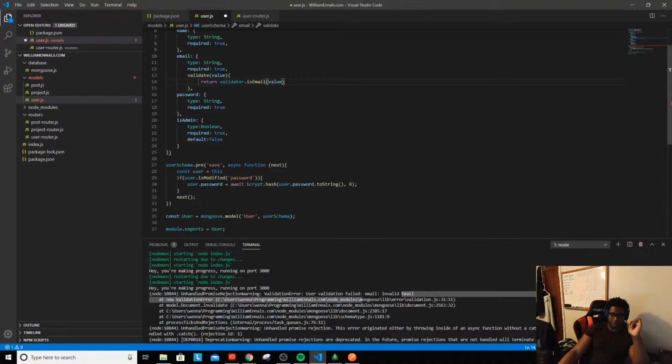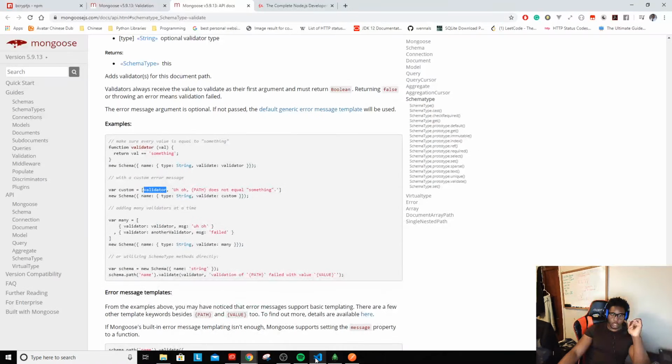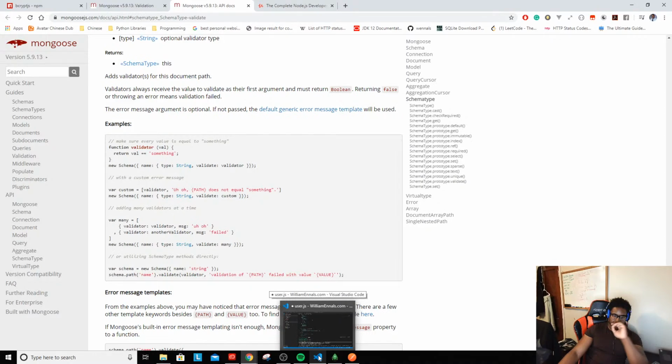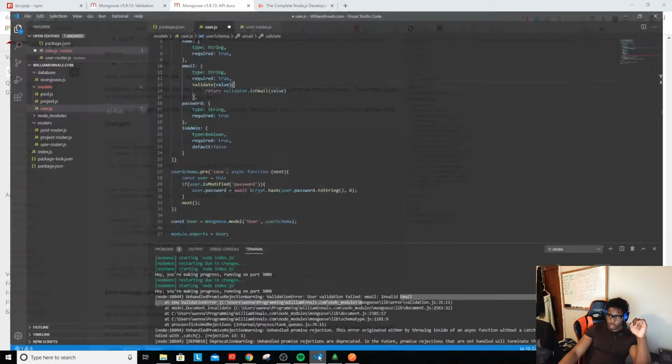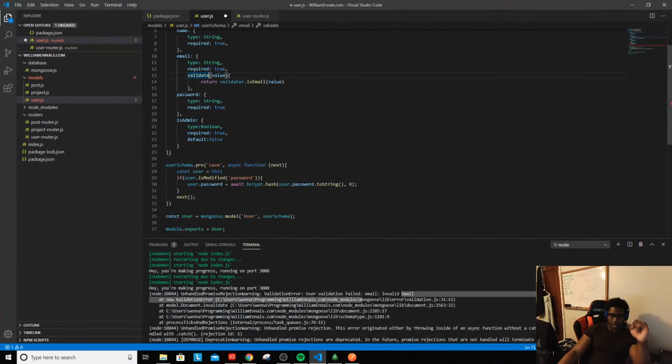So what that means is in here, it seems kind of weird to do it like this. So I kind of want to do it the way they described it up here. I don't want to create that function outside of the schema, just because I don't like having a lot of moving parts, but I might not have an option. So what I'll do is I'll say validate, and then I'll just create the function right in here. Function,